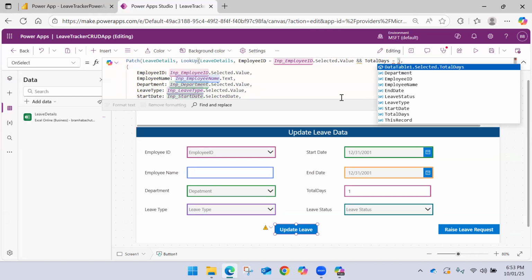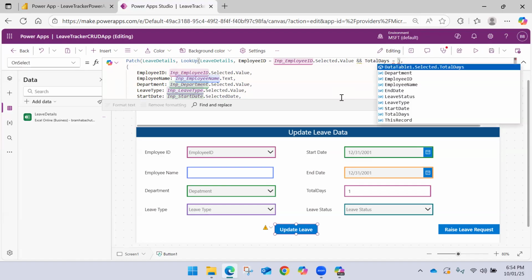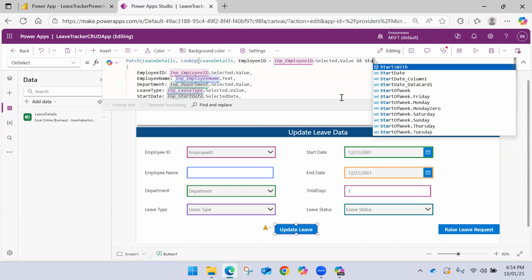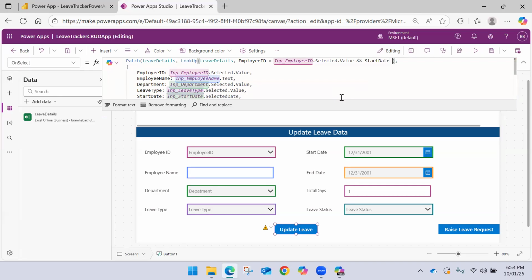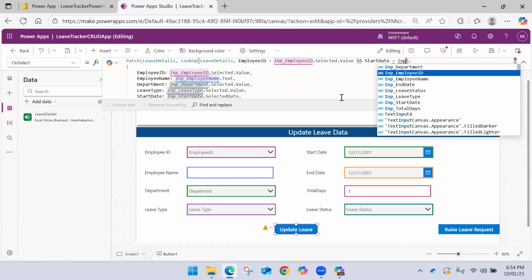If the total days matches, or the start date matches, that could be the possibility that we can even change. In that case, we can cancel the leave and all. These are the scenarios I'm just trying to compare. So I will say if the start date is equal to input start date